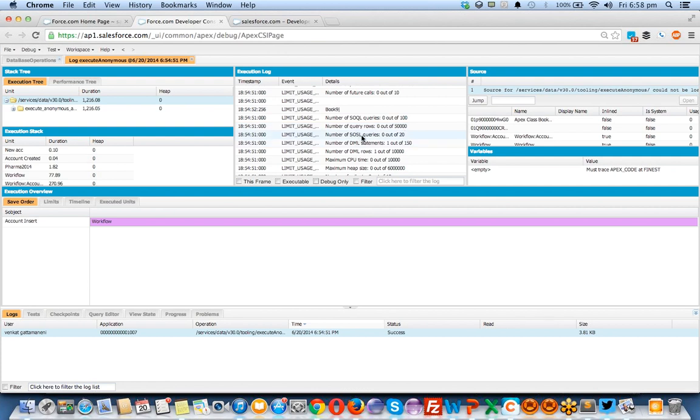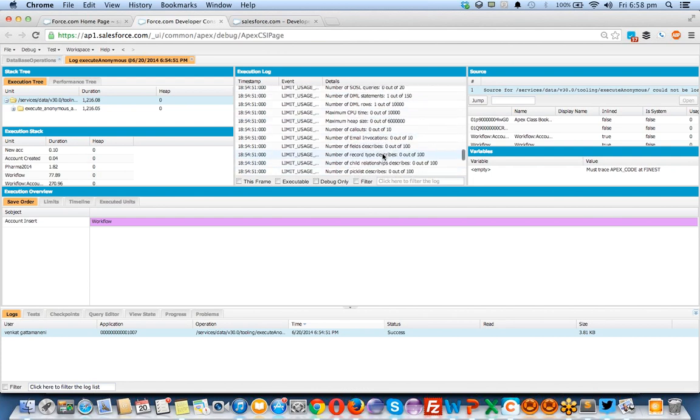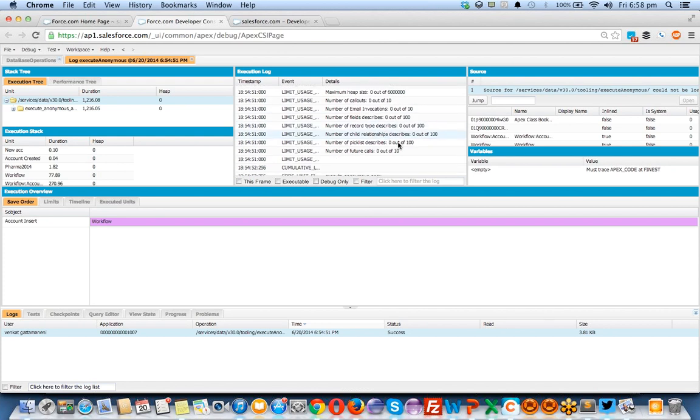And again, there are SOQL queries: 0 out of 100 used, and one DML operation used, that is insert into the account. One DML operation means I can insert a number of rows also. DML operation is one, and in that operation I can insert 10 records at once. There's a limit for that: I can insert only up to 10,000 records, in 150 statements. And the CPU time, heap size, callouts, email notifications, field describes, these are all limits, 0 to 100, because I'm not using all this stuff now.